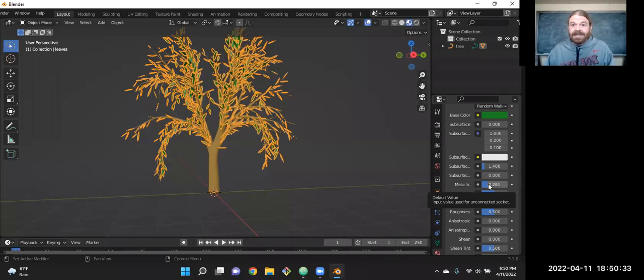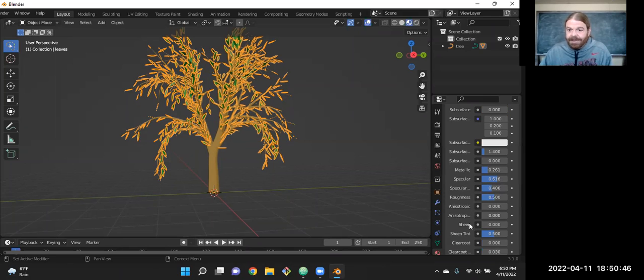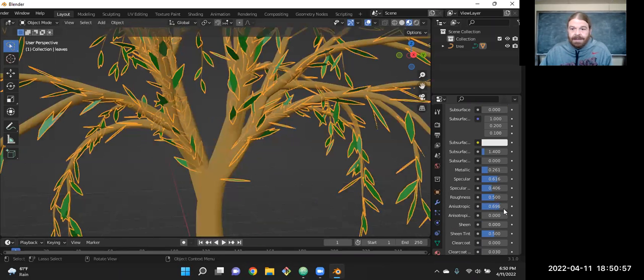I'm going to add just a little bit of metallic tint to it, maybe quite a bit of specular. The specular, and then is it going to have the absorption and reflection? That's why there's two of them. Same thing for anisotropic. The absorption and reflection. Which, yeah, I guess we can't really see much color difference there.